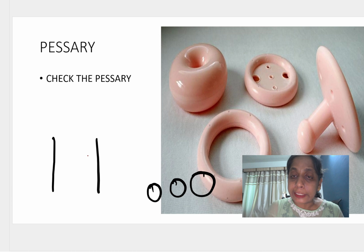On performing the Valsalva maneuver, if the pessary gets dislodged, then it means that the pessary was of a smaller diameter than required. Then we will put a bigger diameter pessary. And if on putting in a pessary the lady feels discomfort, it means that we have put in a large pessary, so we will replace it with a smaller size. Okay, one thing more, as you have already studied, in patients of prolapse, the patient also had